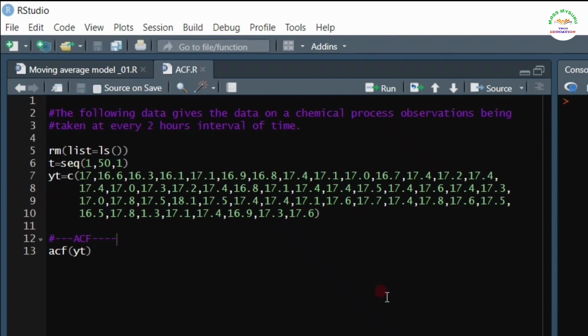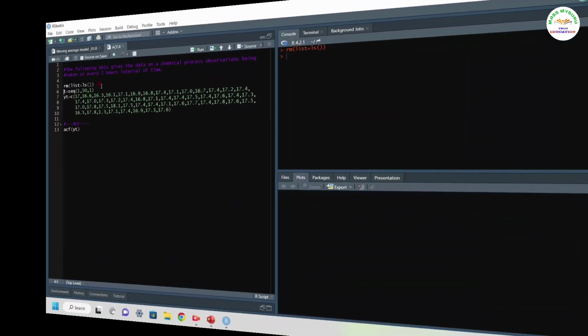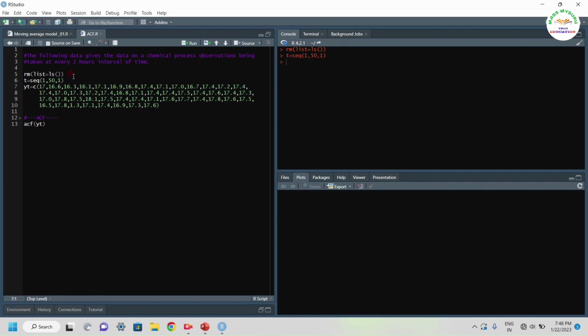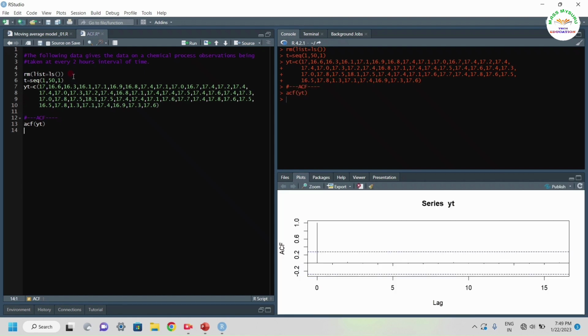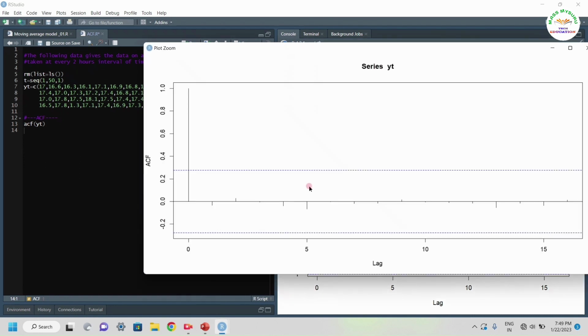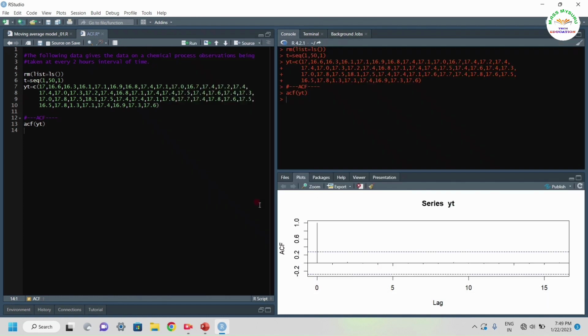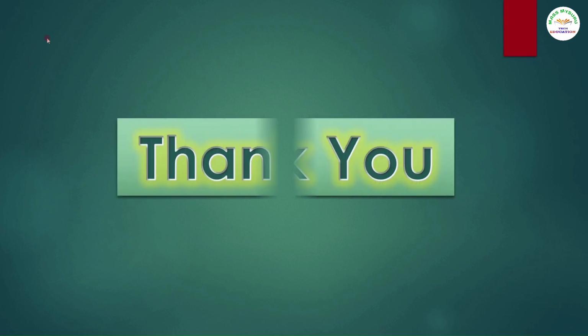Now we can see how to plot an ACF curve in R. The following data gives observations on a chemical process taken at every 2-hour interval. Say Yt are the observations taken on the chemical process. Let's define t as the lag times, say from 1 to 50. Here we have 50 observations, therefore we define Y. For plotting the autocorrelation function graph, we use the inbuilt command acf of the observations recorded. Therefore the graph looks like this. We can clearly see only one vertical line